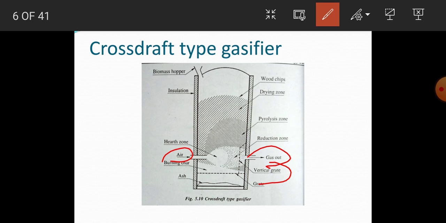Because of the short path length for the gasification reactions, this gasifier responds more rapidly to changes in gas production. The high exit temperature of the gas and low CO2 reduction results in poor quality of gas and low efficiency. Therefore, this type of gasifier is not in common use. So, then the next gasifier is